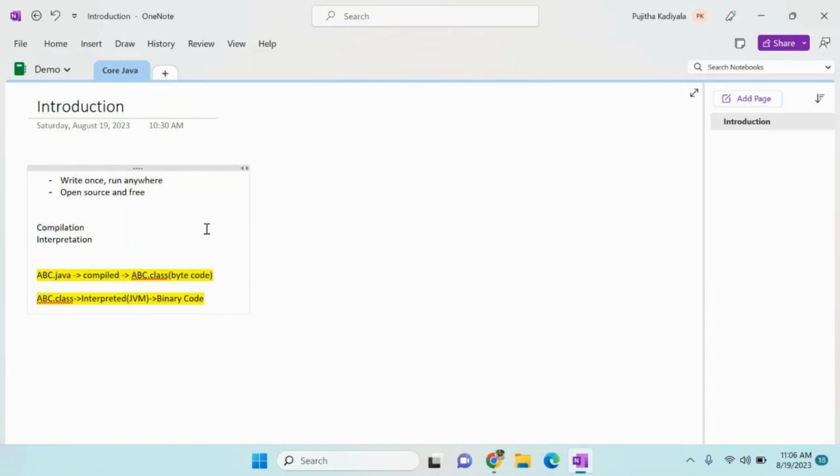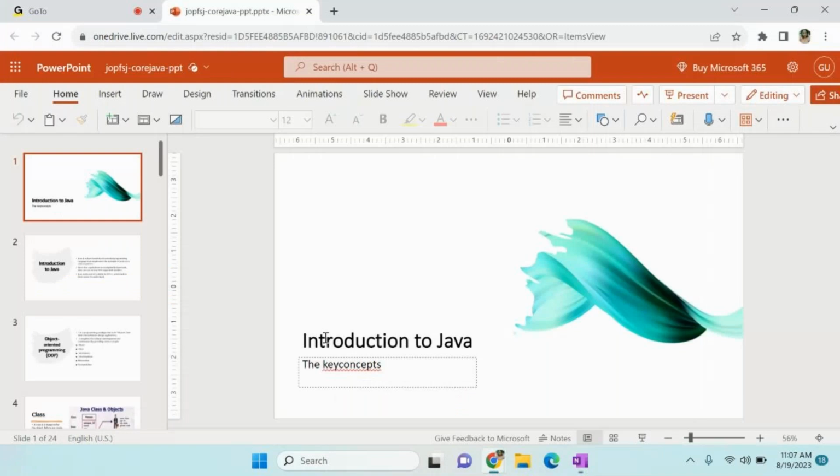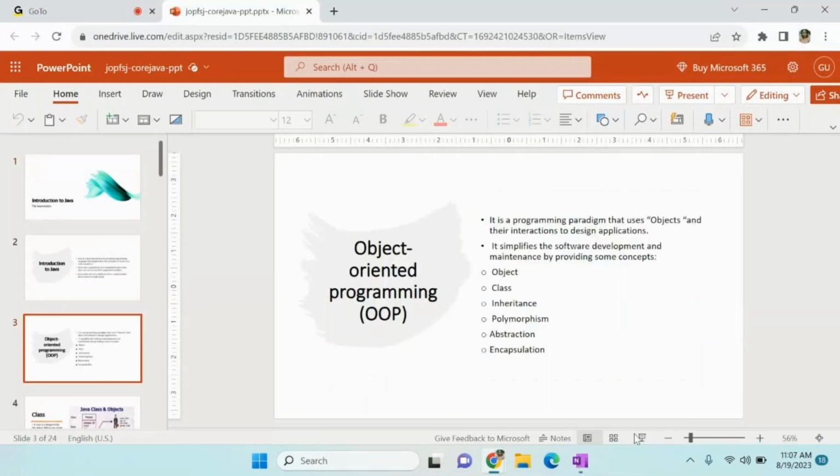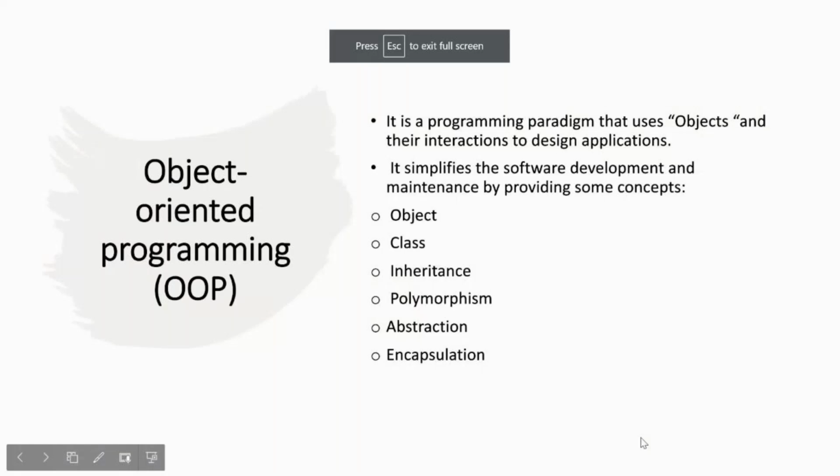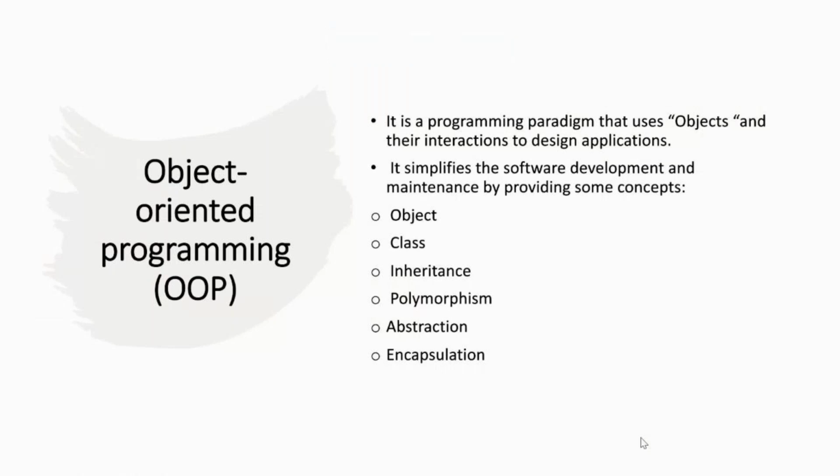So now let's see what are object oriented concepts, or what is an object or what is a class. So what is object oriented programming? Let me show you something. See. So all the programming revolves around these objects and classes. So what are these objects? So why it is so popular means, it is very very near to the real world. So all the things you do in object oriented programming are very much familiar, or very much nearer to